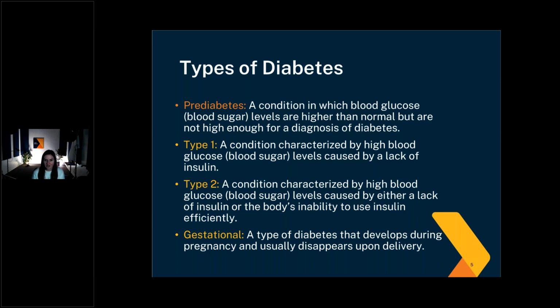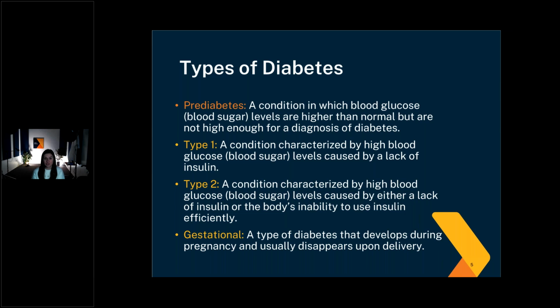It's an autoimmune issue, where our immune system is attacking the cells that create insulin, and so I'm no longer creating the insulin. As a result of that, my blood sugar is going to start to rise in the bloodstream. It's insulin dependent because these people rely on insulin to live. They have to take insulin every single day since their body is not naturally producing it.